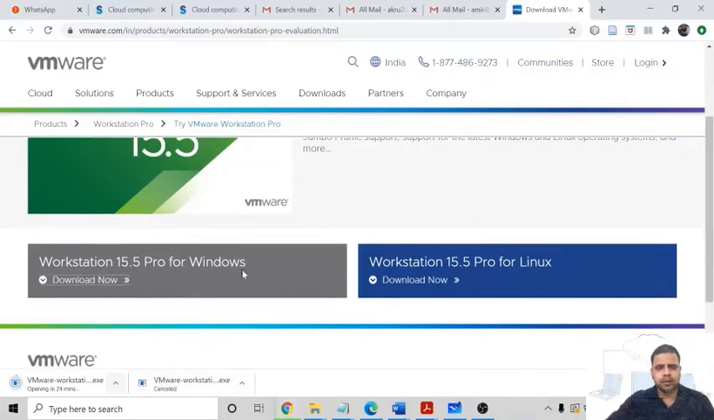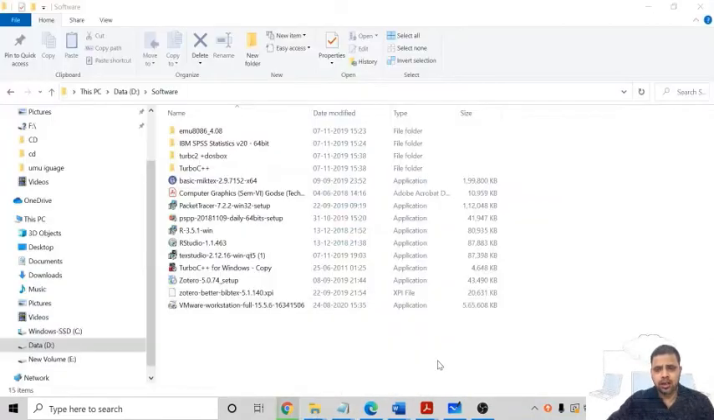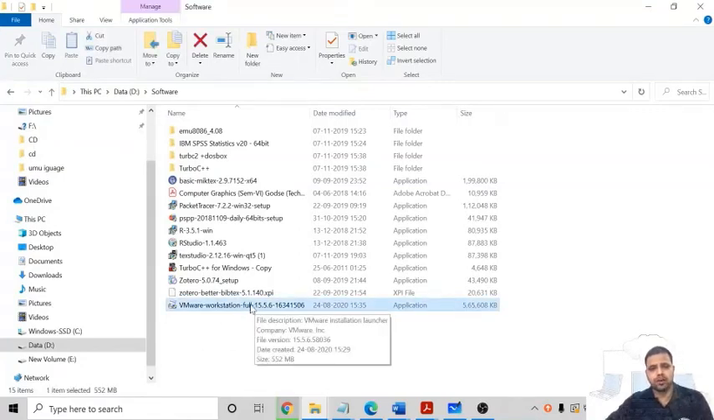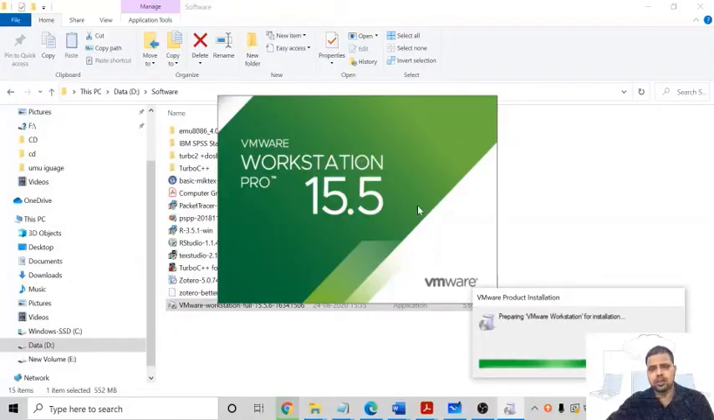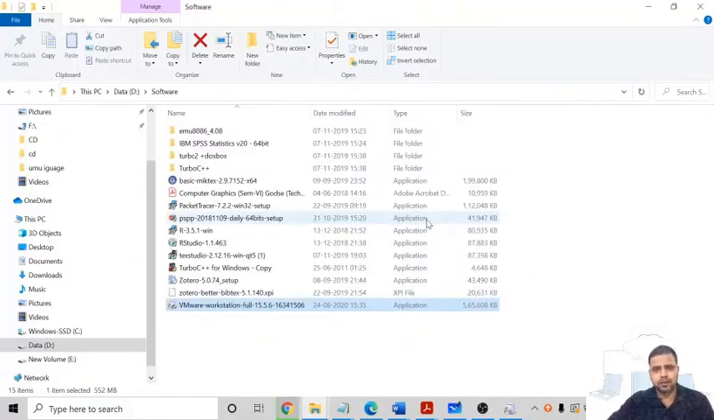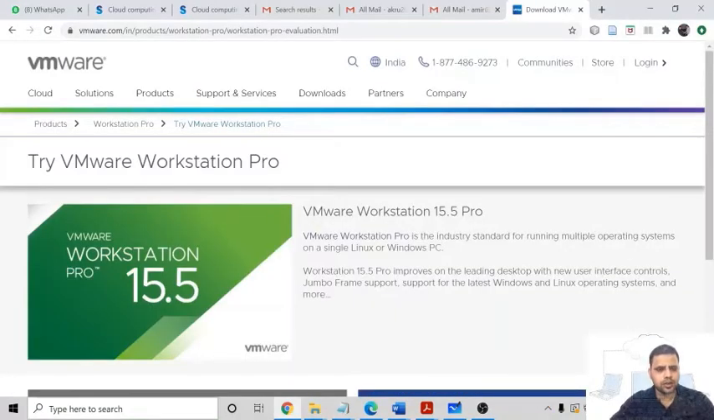Now we have downloaded this VMware software. So just open your downloads and click on this VMware Workstation Full 15.5. Double click on this exe file, then select Yes. So it is now installing VMware Workstation Pro 15.5. After installation of this software,